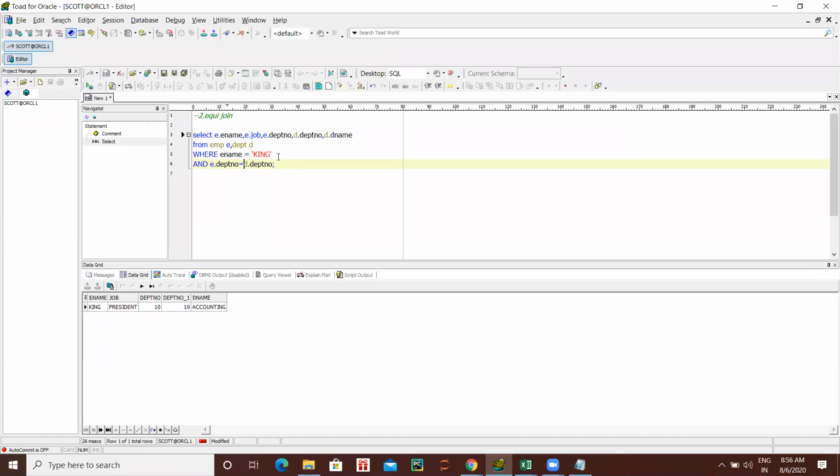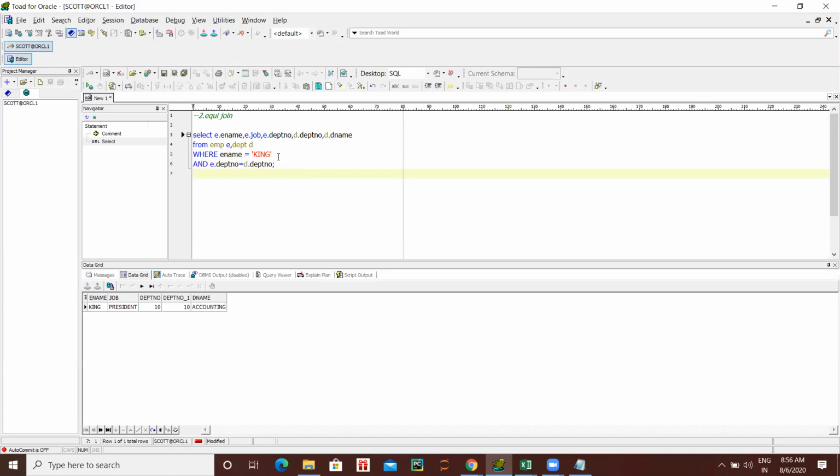So always remember, as a database developer, when you're dealing with data in any project you go to, a database will be there. Maybe syntax will be different, but these concepts are the same. So here we are doing two tables. For two tables join, we need one join condition. This is the join condition. But where ename equal to King, that is a filter condition, because we are filtering from the employee table, only taking the King. If you don't want to filter, you can get all the records. But department number equal to department number, that is nothing but your join condition.